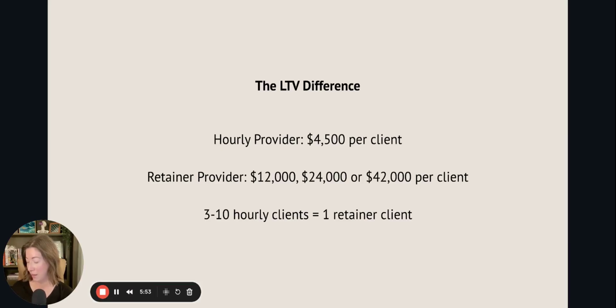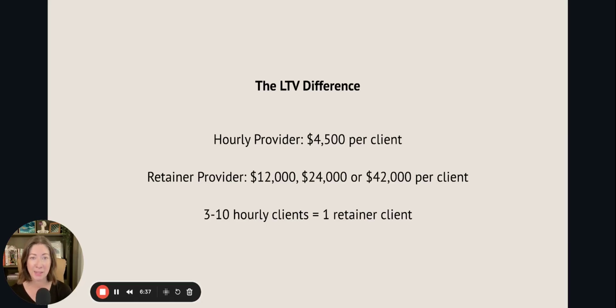If we actually do the math and give a couple of different examples, if that person only sticks around for 3 months, we're looking at $2,250. If they stick around for a month and then come back a couple months later, and then a couple months later, it really impacts your cash flow and your forecasting, which doesn't help you plan as a business owner when to make your own investments, whether it be hiring or education or systems or whatever it might be. And I really want you to be protected there. But you can see the difference pretty immediately when you start talking about a retainer provider versus an hourly provider. You're looking at opportunities like 12K, 24K, or 42K and beyond per client.